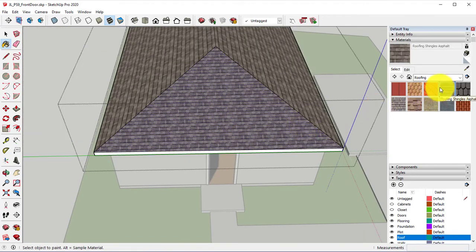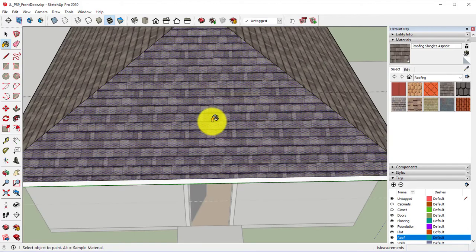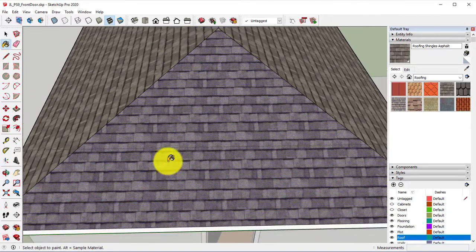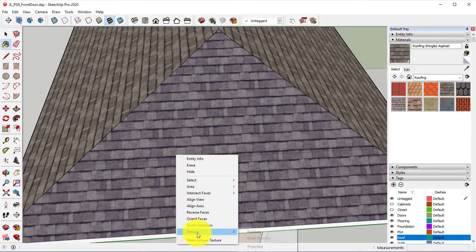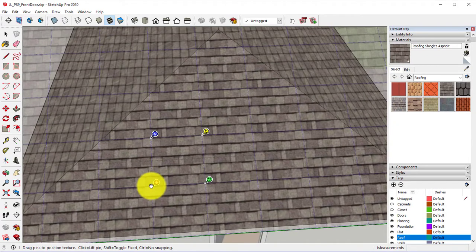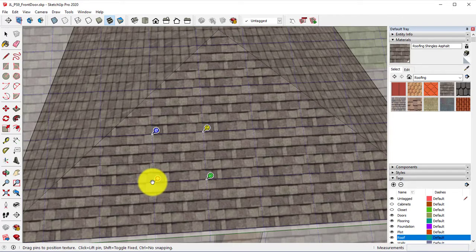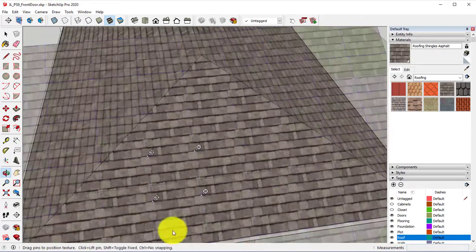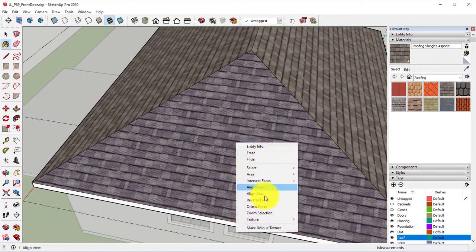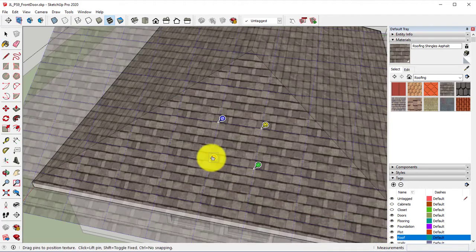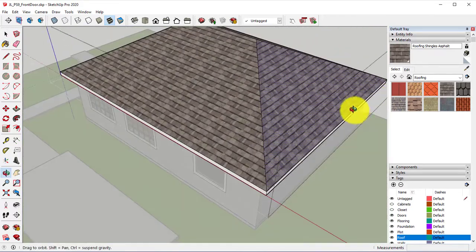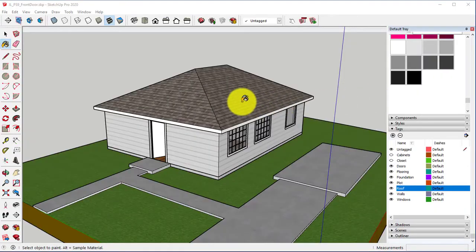I'm just going to completely redo it instead of trying to hold down Alt. So let's go in here and we'll try to line up these edges kind of best we can. Let's go to the other side, do the same thing. Hit enter. So now we have that. With the roof done,